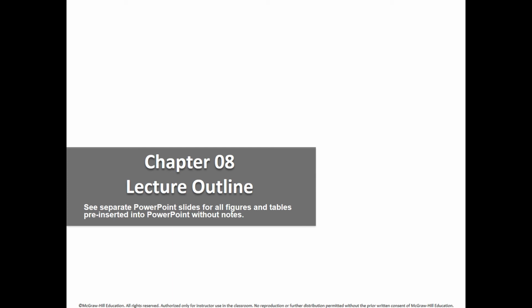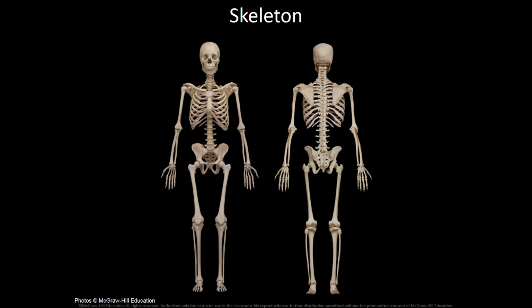Chapter 8, it's about the skeletal system. In this chapter, we're going to learn about the different bones that we have within the skeleton. And just as a reminder, within the skeletal system, we have two types of connective tissue, which are bone and